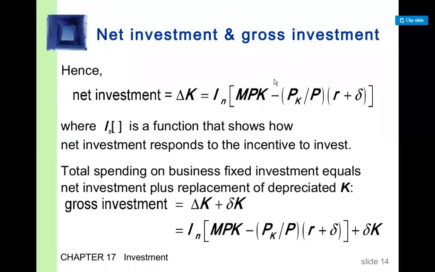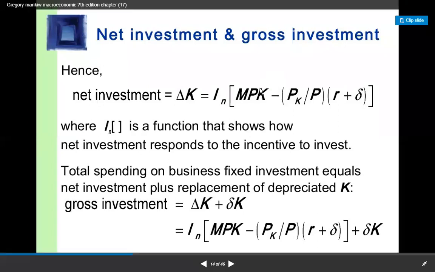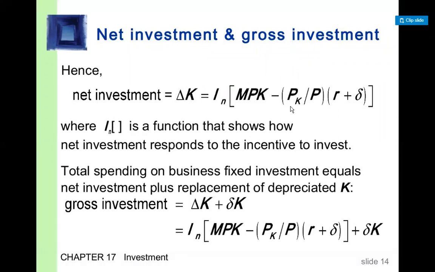Profit rate will be negative if MPK or real rent of capital is less than real cost of capital. If real cost of capital is greater than MPK or marginal product of capital, then